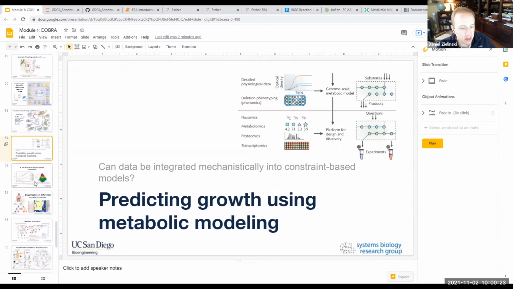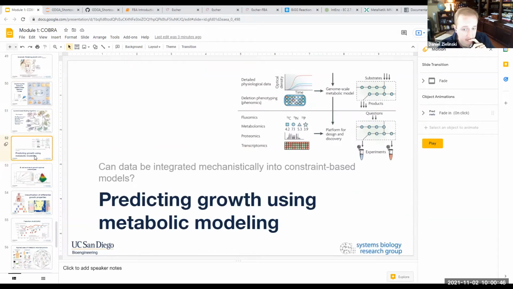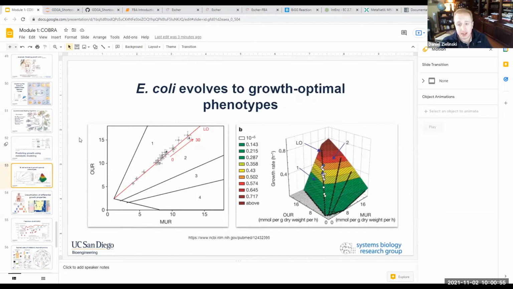Now, just to close this off, I want to get into a couple of the specific predictions that are kind of success cases, and then culminating in the growth coupling suite that's going to be the focus of the second exercise. Okay, so this was how do we explore the space of solutions, and now this next section is where have these predictions been successful and what kind of predictions can they make? Okay, so one of the first studies back around 2000 in constraint-based modeling, metabolic modeling, tried to predict